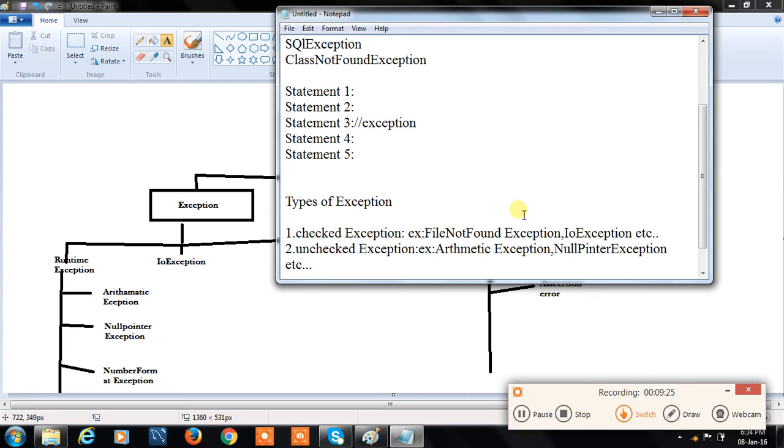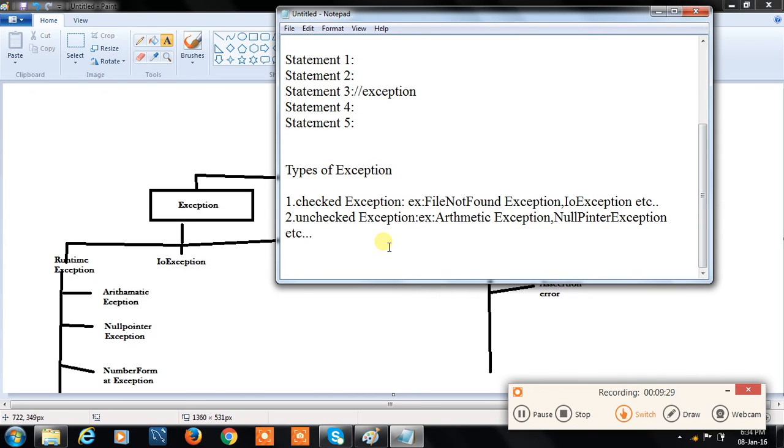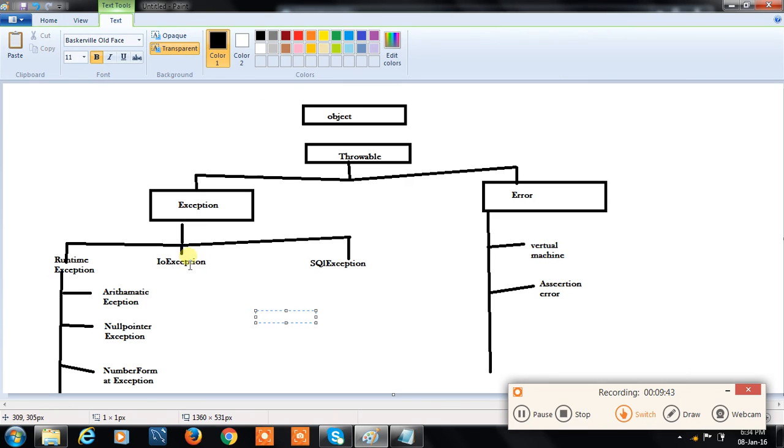And here we have fully checked and partially checked exceptions. Fully checked means the exceptions are checked if and only if all the child classes are also checked. Let us take an example for fully checked. IOException and SQLException come under fully checked. This Throwable and Exception will come under partially checked. Means here runtime